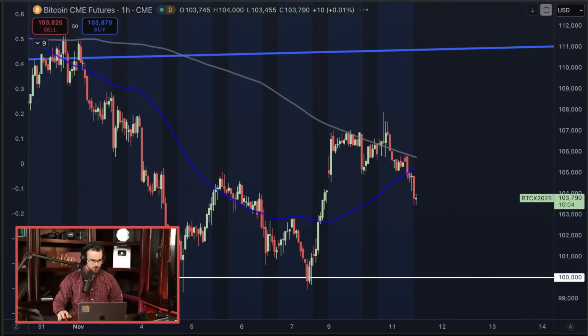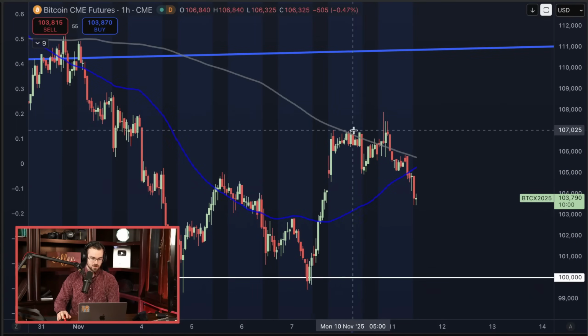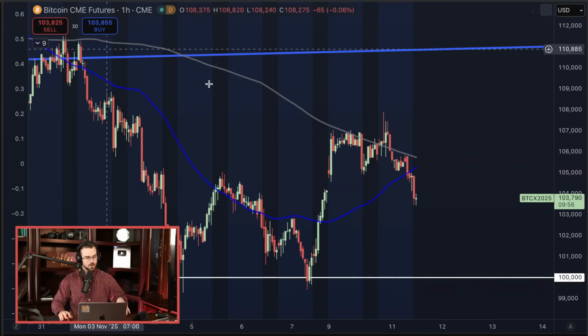Now, I also expect that this is going to allow Bitcoin to make a movement at least back to 106 relatively soon, especially, by the way, I forgot to mention this, now that we filled the CME futures gap, right? This drop was to fill the CME futures gap from the Sunday pump, right? We're just undoing the Sunday pump, but the Sunday pump still happened. It's still on the chart, so we're still receiving the bullishness of that. And so I believe that Bitcoin is going to be able to rally back up to 106 at some point